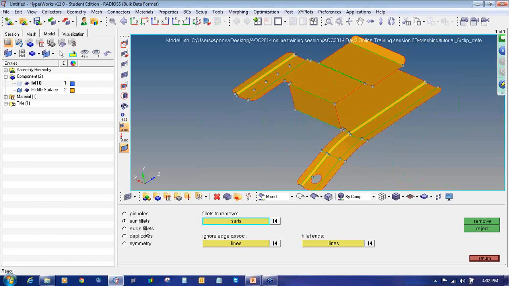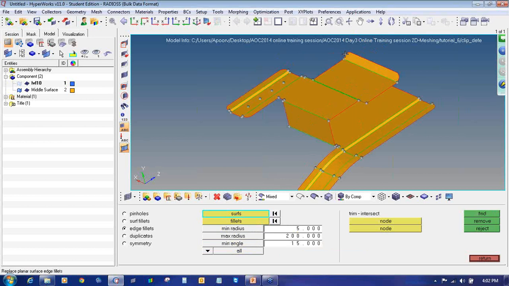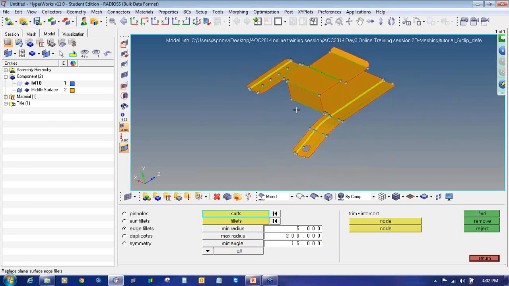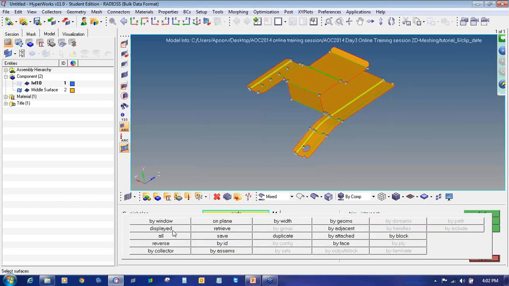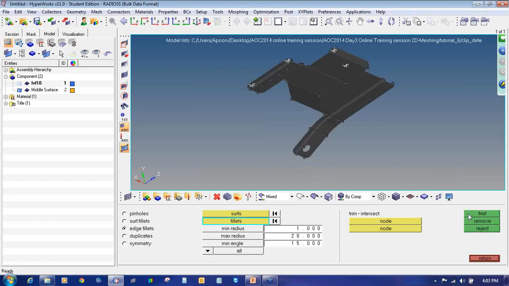Then we will see the edge fillets, the smooth edge fillets, the shorter ones. Click on the surface, say displayed. The minimum radius I will enter as 1, the maximum radius I will enter as 20, and I will enter the angle as 15 and say find.